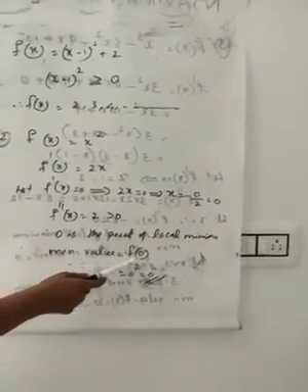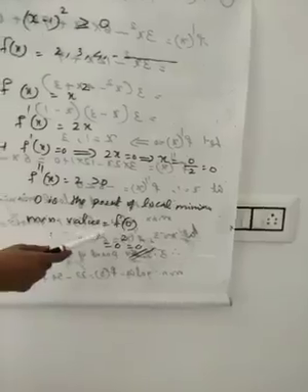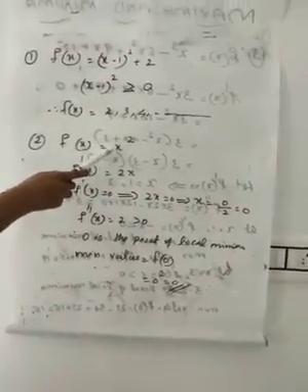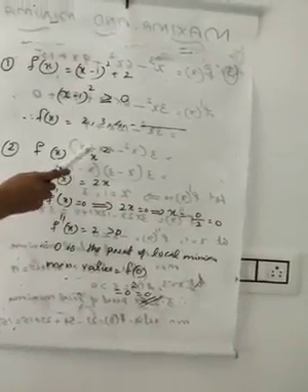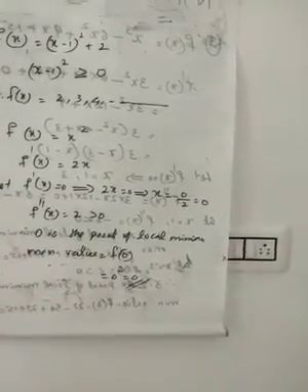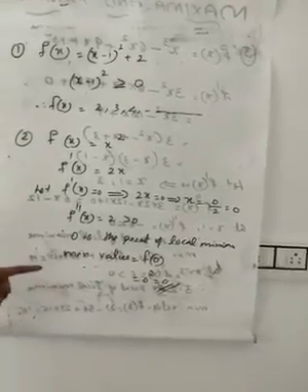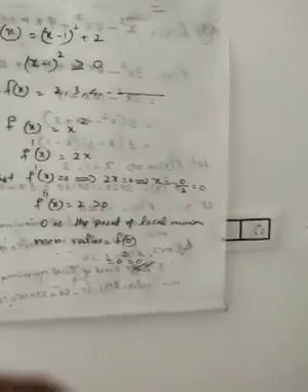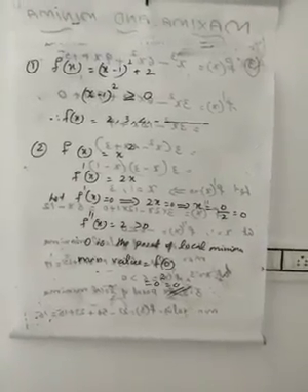And the minimum value of the function is f of 0. That means substituting 0 in the given function. Okay, f of x equal to x square, then f of 0 is 0 square equal to 0. And here the point of local minima is 0 and the minimum value is also 0. Now what is the condition here? If f double dash x, the second order derivative, is positive, that point is called the point of local minimum. And if it is negative, that point is called the point of local maximum.